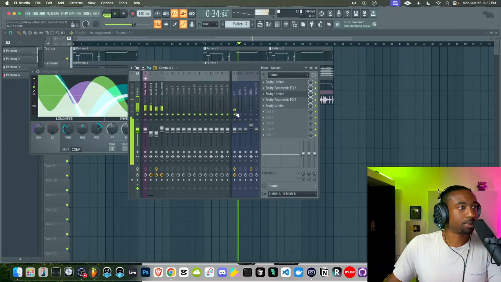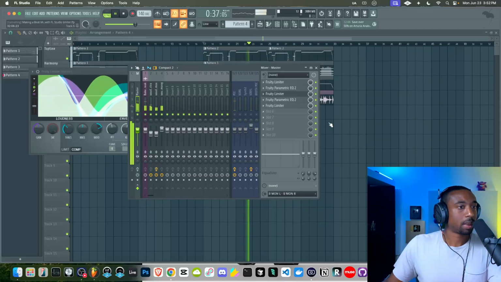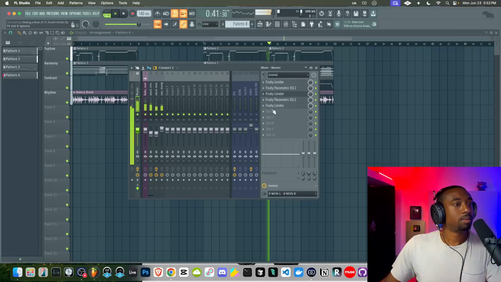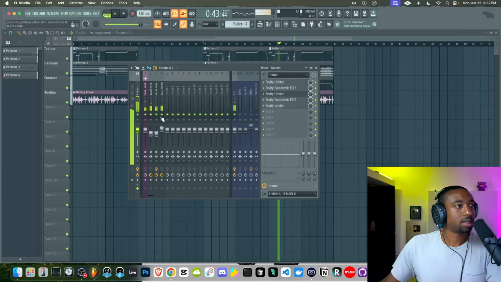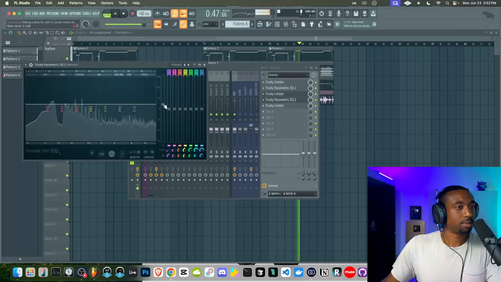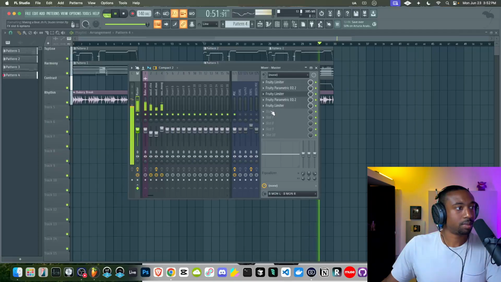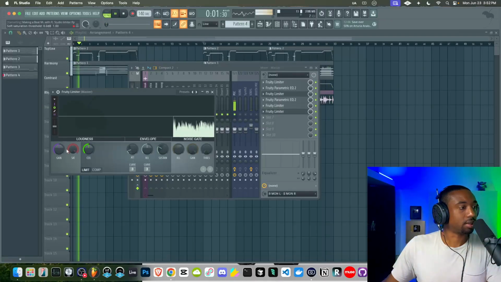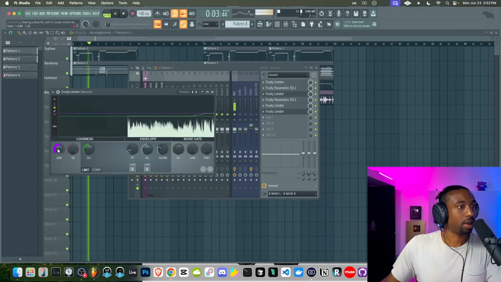So here's before. So I still think we need some gain matching, some leveling here. And lastly, we're going to use the Fruity Limiter as an actual limiter here, where the ceiling is 0, and then you guys can turn up the gain if you have any room.